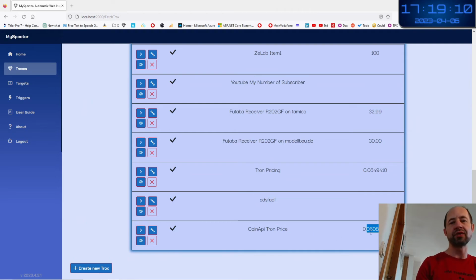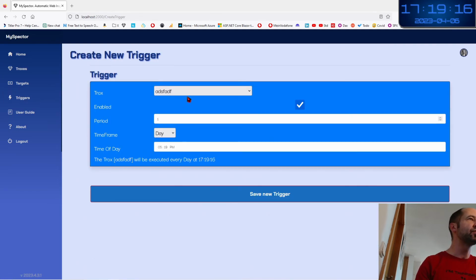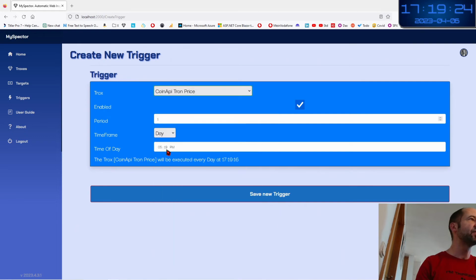And I have just now to schedule it. I will go to the triggers. Then I put create a new trigger. And here I add my coin API Tron price that I have just created. And here I choose the period: every day at, let's say, 6 AM.